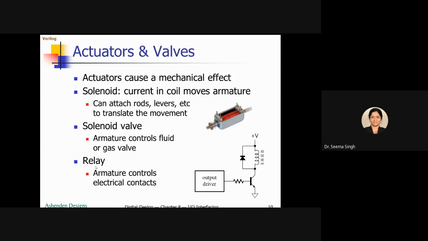Now coming on to relay, how a relay is made. Relay is made with this circuit. All of you please see this circuit. In this circuit, what happens? A separate connection is given, and the armature is attached to a set of electrical contacts, and this allows us to open or close an external circuit under digital control.